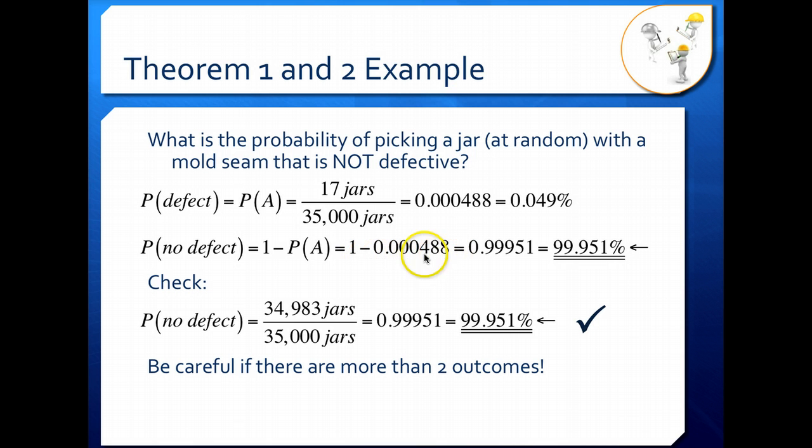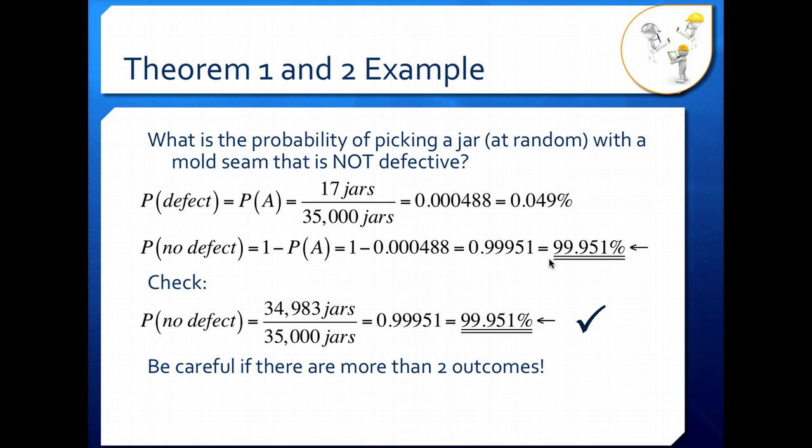If I was using percent, I would have to subtract the percentage from 100 to get the correct answer. It's perfectly fine to do that. Just make sure that when you're working with percents, you subtract from 100%. When we do our subtraction, we find that the probability of picking a non-defective jar is about